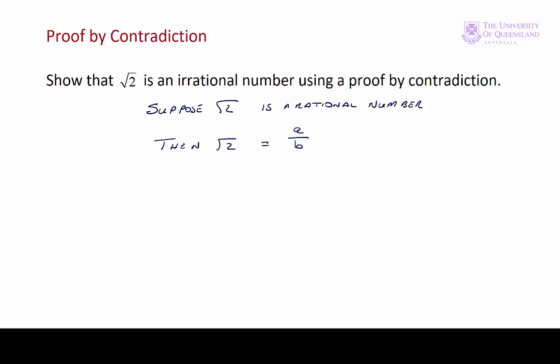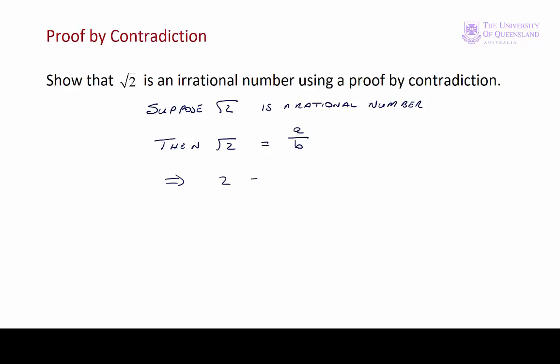Let's assume that a over b is at its lowest terms. That means we can't divide through by any common factor, so we can't have the case where a and b are both even. If the square root of 2 is equal to the ratio of a over b,